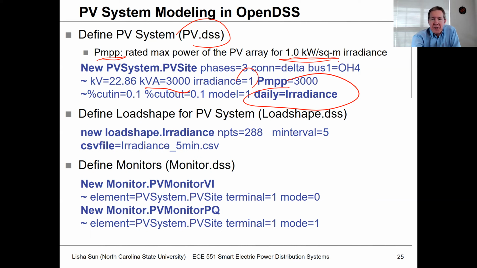And then what we're going to be doing in this case is we're going to make sure our maximum power output matches. And then we're going to set daily equal to irradiance. And what that's going to do is that's going to suck data in corresponding to our load shape for irradiance. And so even though this is generation, we still use the load shape functionality. It's still a curve that we're going to get from a spreadsheet. And we're going to say new load shape, and we're going to call that load shape